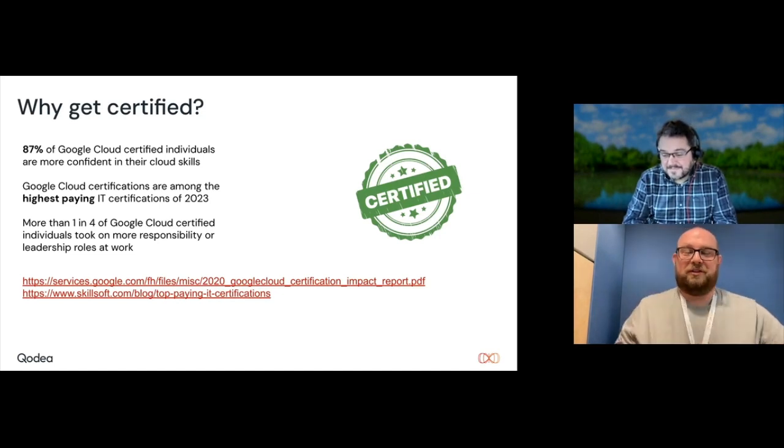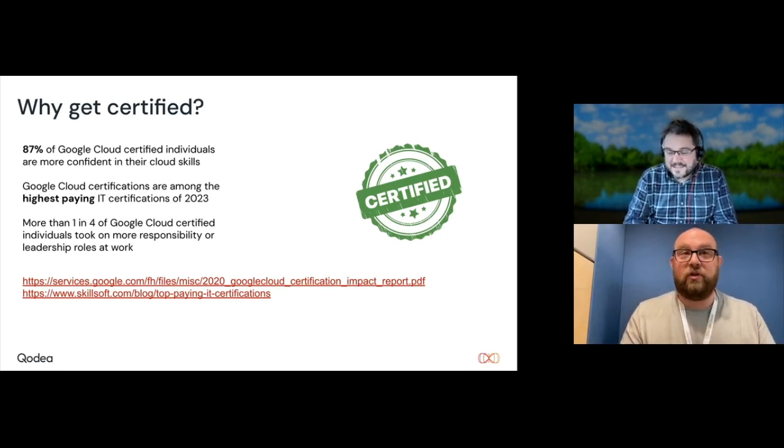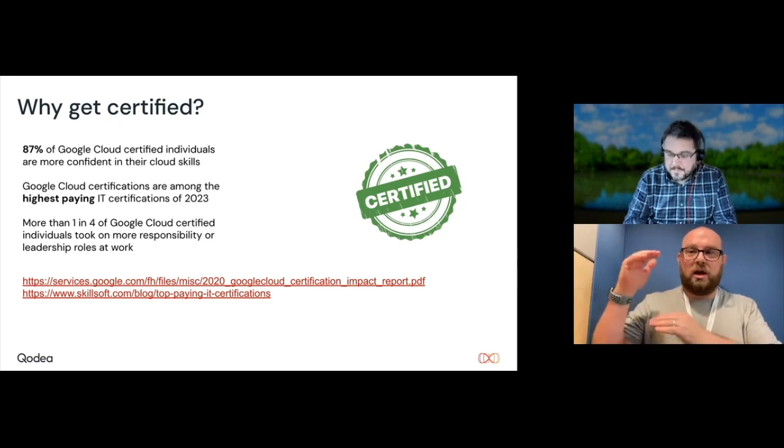I've done two of the Kubernetes ones this year, and maybe I enjoyed them more because I passed them. But the very first exam I ever took was one of the MCSA ones, one of the Microsoft ones, and they were very wordy. Like there was almost a paragraph of just